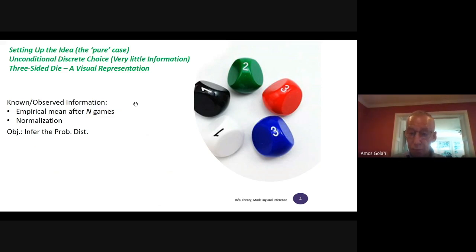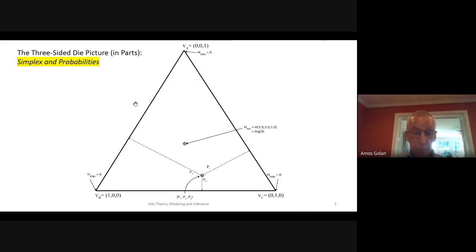So now let me show it graphically. Bear with me here. I'm going to start with this. It's a simplex. This is the description of the problem, and later on we'll come to the solution. Think of this problem vertex in the bottom left. I call it V sub B. It's (1, 0, 0). Those triplets are the values of the probabilities. So the probability here is 1 on outcome 1, 0 on 2, and 0 on 3. And here it's the second triplet, on the number 2: (0, 1, 0).